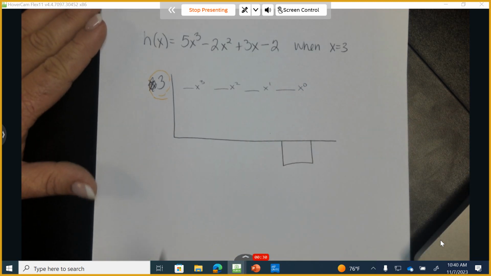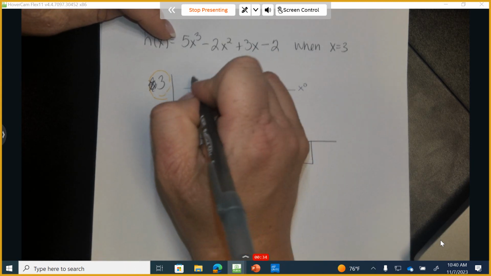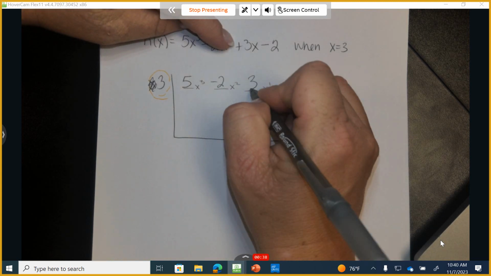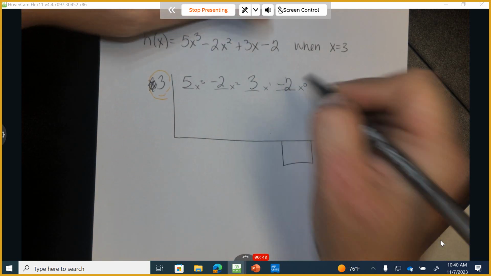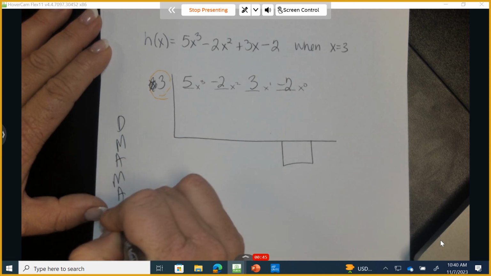All right, the next thing is I'm going to come back. Is there a number that corresponds with x to the third? Yes, the coefficient is 5. Coefficient is -2. Coefficient is 3. Coefficient is -2. Now, if you Google D-Mama, you're not coming up with anything related to